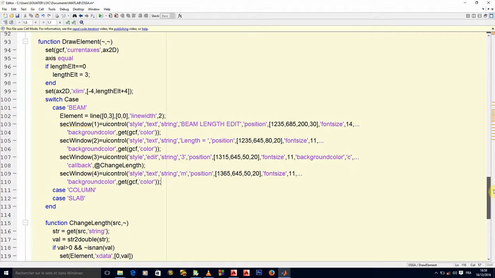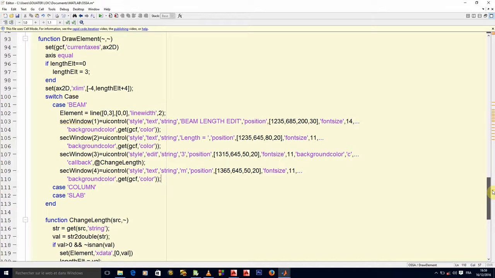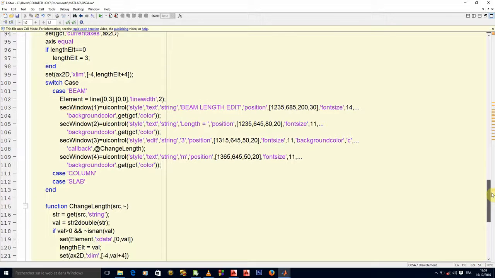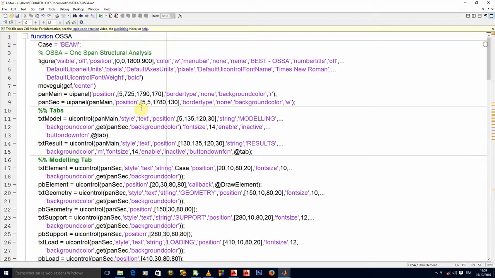So how do I make sure that when I click on escape, whatever appears there disappears? Well, I will have to program the key press function, the callback that controls what will happen when I press a particular key.